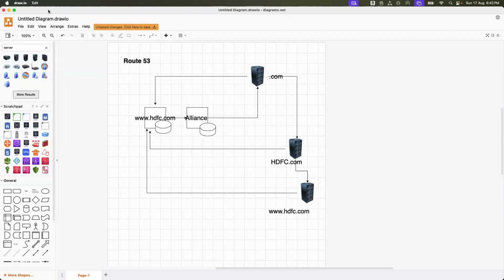So now, the first thing: www.hdfc.com, this is something called an authoritative server. Authoritative server means the one who is actually hosting www.hdfc.com. But this is the name, right? www.hdfc.com is a name, so this server must have a public IP address. Okay, let's say this is the IP address, and this particular IP address is actually mapped to a human